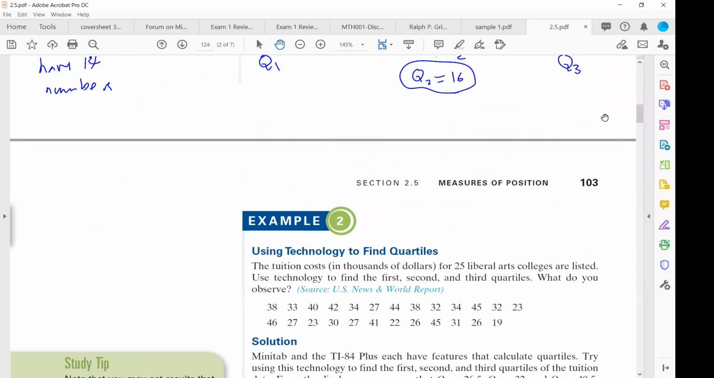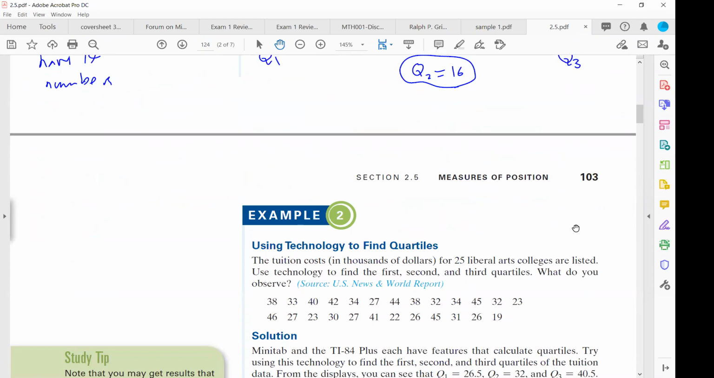Now what if we have a lot of numbers? Of course, we're interested in using our calculator. To find quartiles, it's exactly the same as finding the mean, standard deviation, and statistics for your collection. You're going to use your calculator. First, you have to enter the data. So first you go to stat, then go to edit, enter the data in L1, L2,